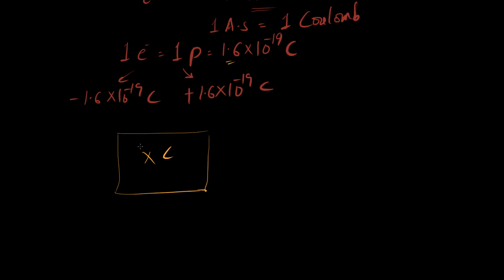One caveat here is I'm not saying that charged particles are conserved. So if there were, let's say, 5 particles at the time when you saw the charge to be x coulomb, and suppose that you come some time later, then it might happen that the number of particles can change. But if you measure the summation of all the charges each particle carries, then you're going to get the same amount x. So don't misinterpret this statement as the law of conservation of charged particles, but this is the law of conservation